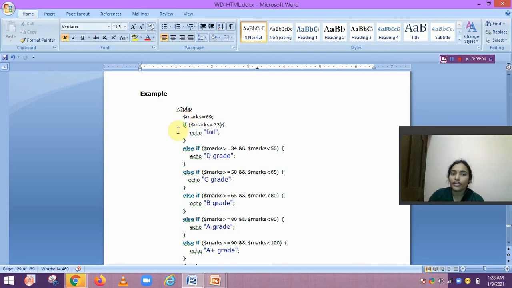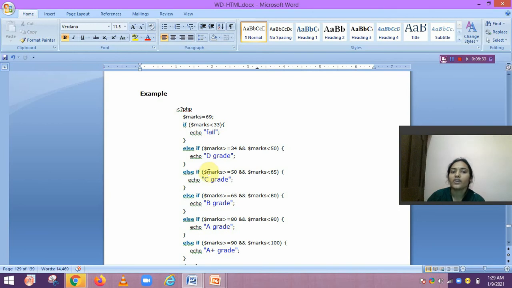If $marks is less than 33, then echo fail. If less than 33, then it will show you fail. Else if $marks is greater than or equal to 34 and $marks less than 50, then it will print D grade, or he will secure D grade.